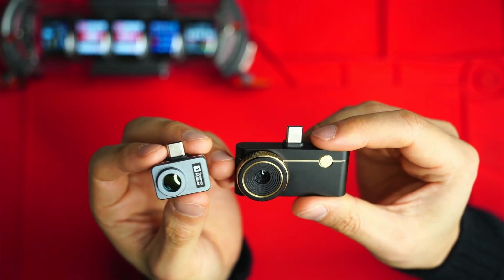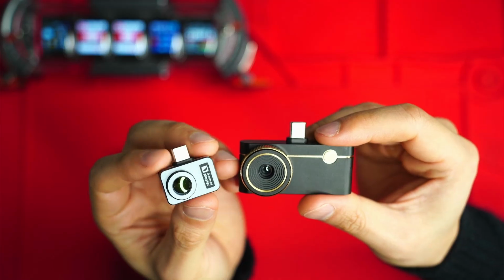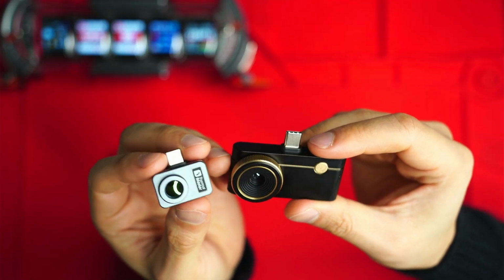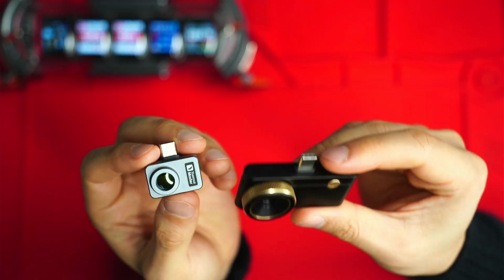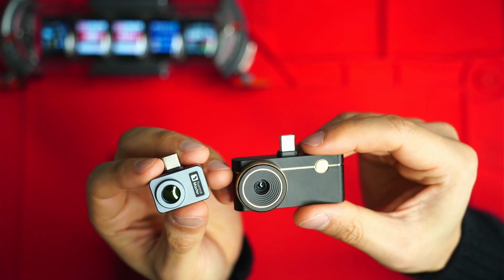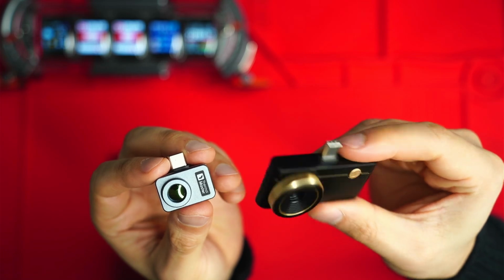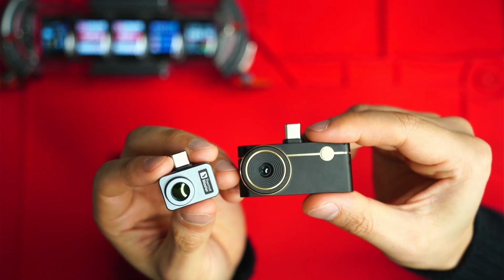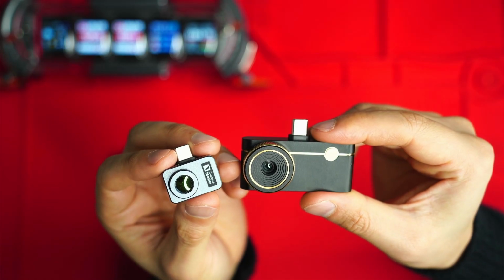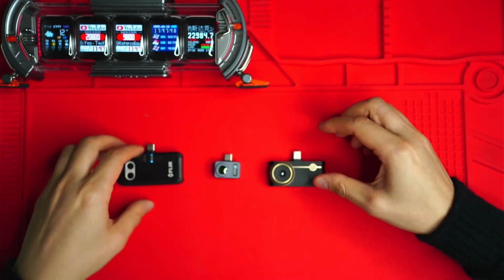So in terms of thermal sensitivity, the P2 Pro and the P3 have a less than 40 millikelvin NETD, so this allows them to spot more subtle temperature changes. In fact, the upgraded P3 has less than 35 millikelvin, which is really amazing for a small pocketable thermal camera like this. Most of them are at least rated about 40 to 50 millikelvin, and the FLIR One Pro has